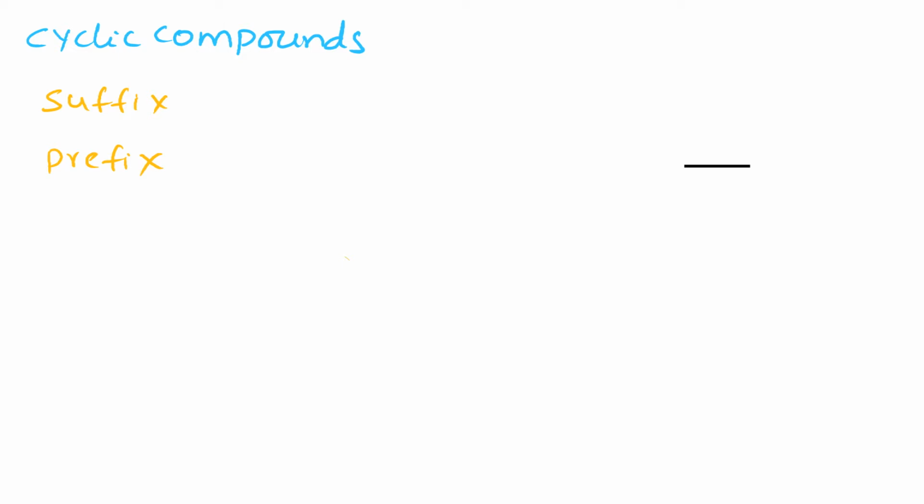So here, in this class, we are going to discuss the nomenclature of cyclic compounds. Before starting, we should know some terms: what suffix and what prefix we are using in this nomenclature. Mainly the suffixes we are using are an, in, and yne. Whereas in the case of prefix, the one and only prefix we are using is cyclo. Let us discuss some examples.